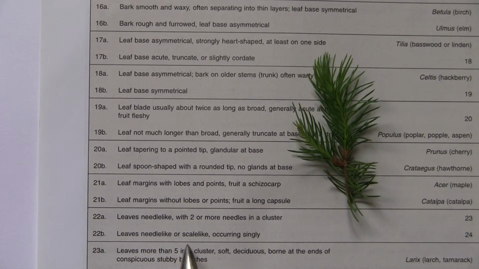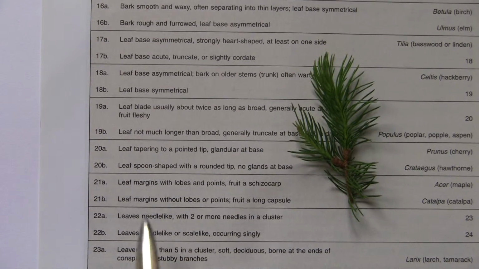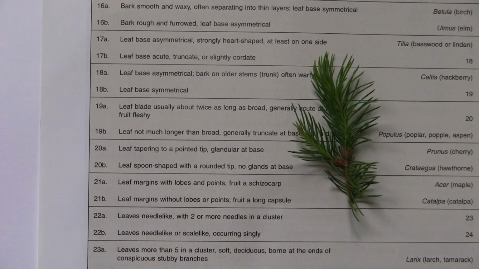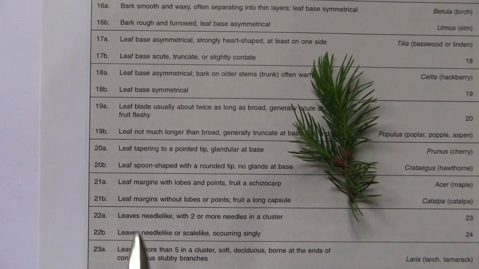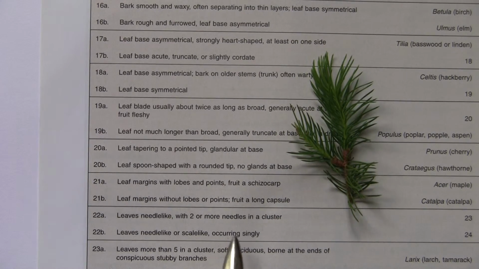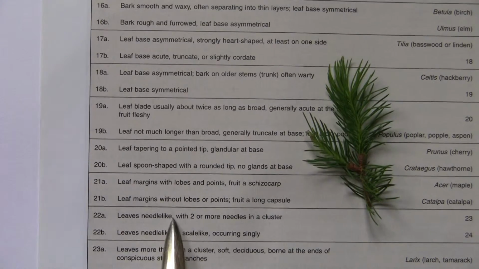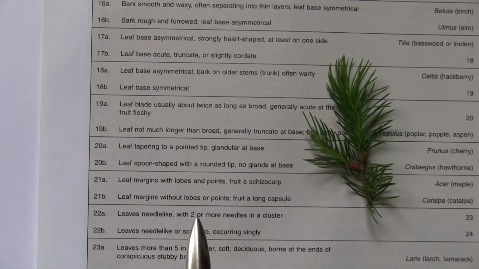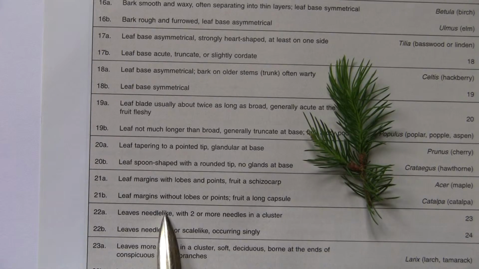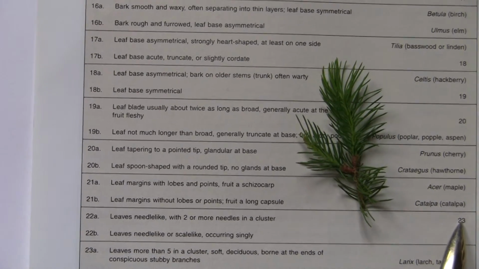That fits into the first one, 22A. But we must take care that we read the second point as well. That is very important. Leaves needle-like or scale-like occurring singly. Obviously, my specimen belongs to the first one, and in the first, if you go forward, we go to